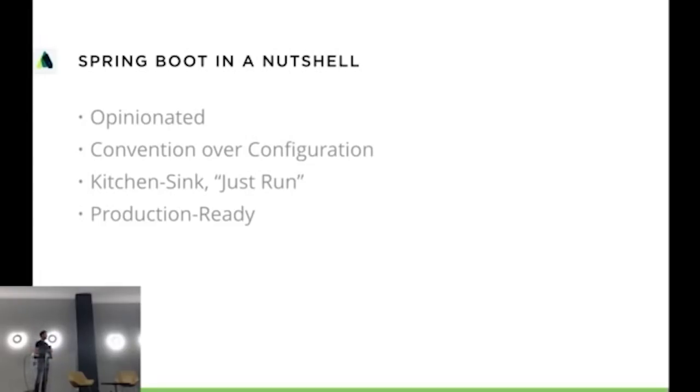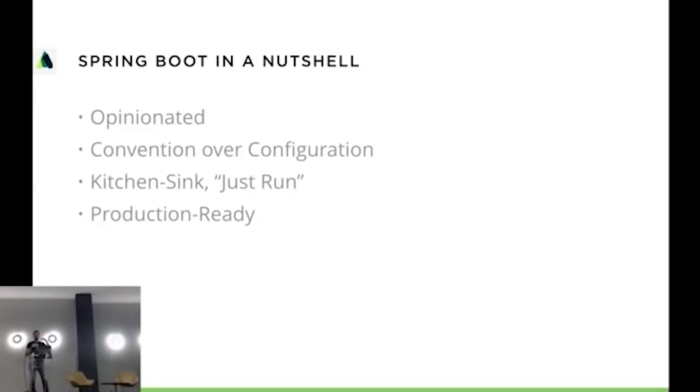It's a bit like the kitchen sink. You have a project, you throw a bunch of things onto the classpath, and I don't know how that's going to change with Java 9, but it's still true with Java 8: you add stuff to your classpath and things just start to magically work. For example, you add a security dependency to your Spring Boot application, and suddenly all your HTTP endpoints are secured.